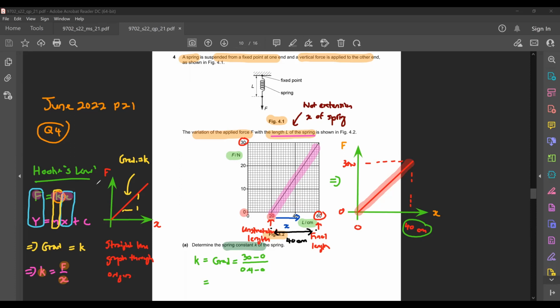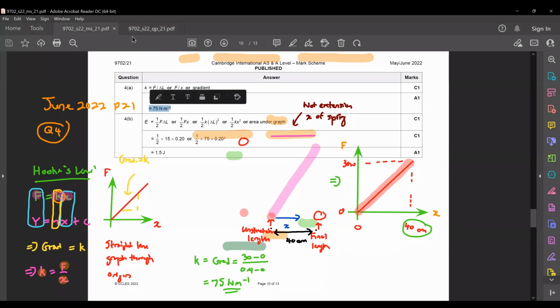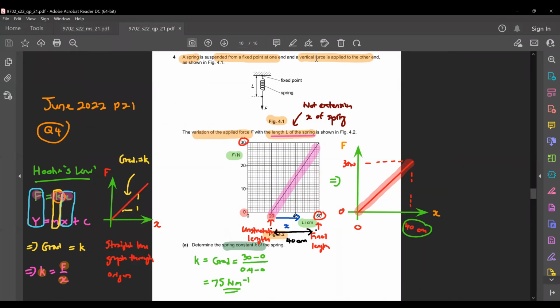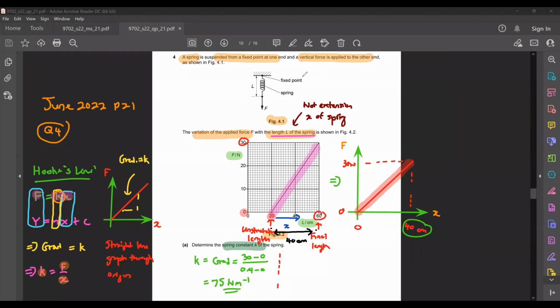So we get 30 divided by 0.4, which is 75 Newton per meter. All right. Let's check whether the answer is correct. Yes, it is 75 Newton per meter. Now, instead of using the gradient method,